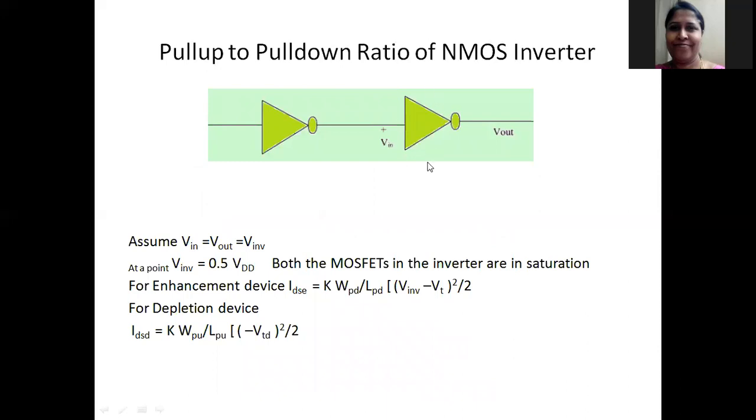We assume this inverter is driven by a similar inverter and Vin equal to VDD by 2, and knowing the current of the enhancement device and the load, we try to equate these two currents, and you can see we have considered the saturation current for the enhancement device and the depletion device, and VGS is equal to 0 for the depletion device. VGS is equal to V invert for enhancement device. So